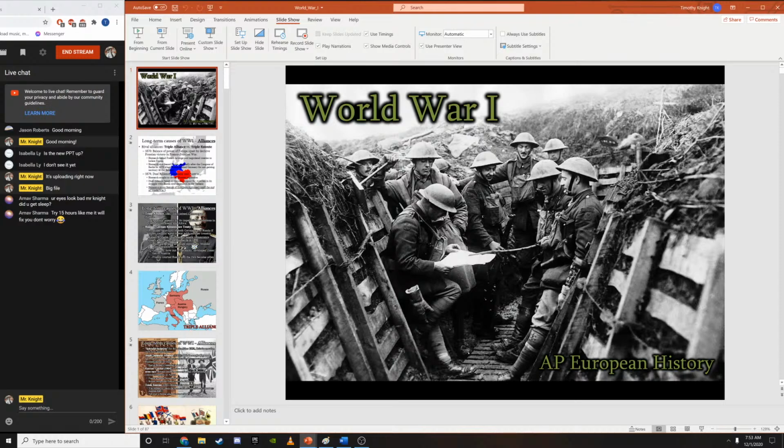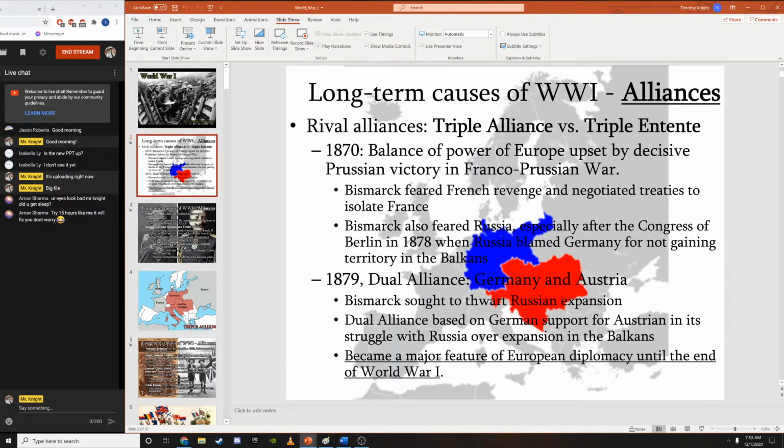causes of World War I, for example alliances and imperialism and nationalism, are what we would call long-term causes. Okay, and then there are some of them that are more short-term causes of World War I, and that would be like the assassination of Archduke Franz Ferdinand, June 28th, 1914, I think it was. Okay, so long-term causes of World War I.